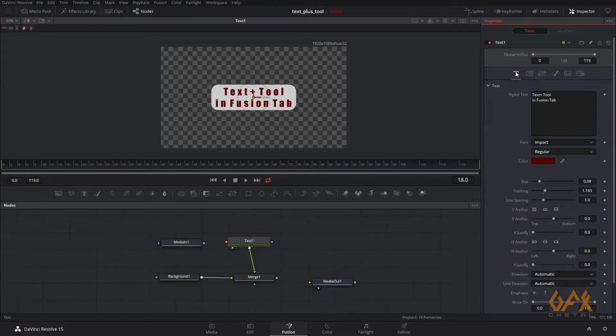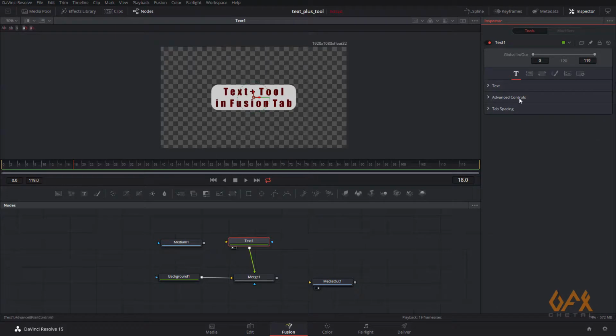Okay, now I move on to text, and if I right click over here, you can see here you get so many modifiers, and that we will cover in upcoming chapters. As I told you, at the end of the chapter I will show you some advanced control properties in the Text Plus tool.